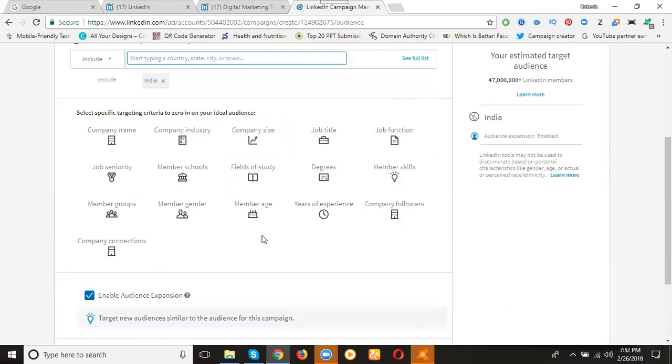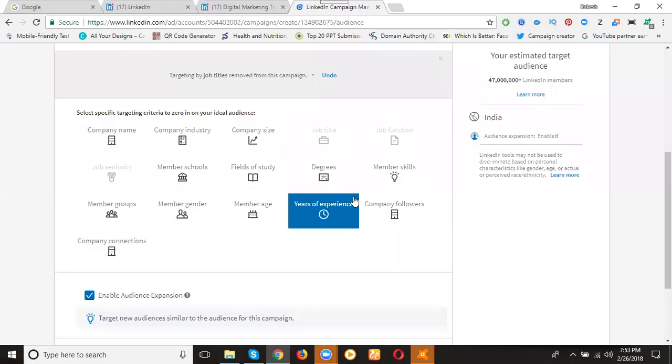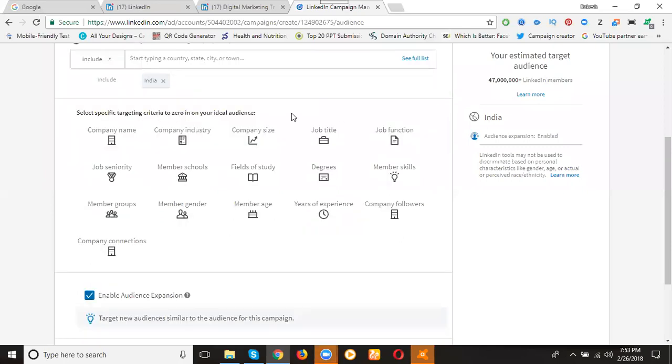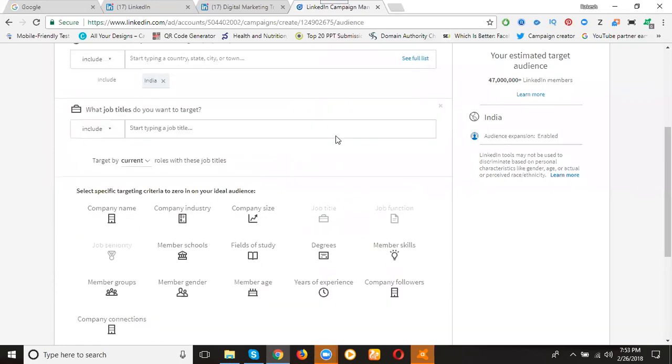You can add any option based on the requirement. Here I'm selecting job title.